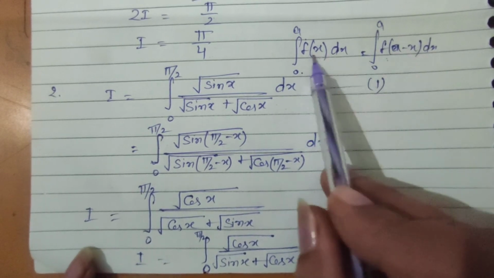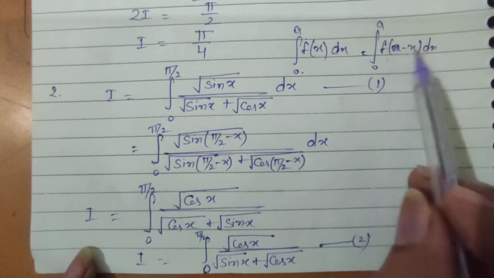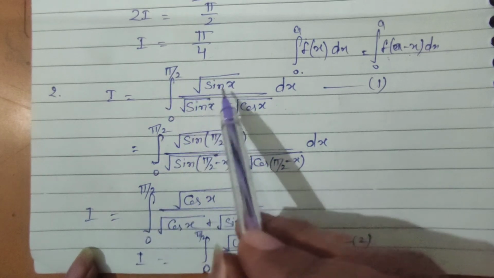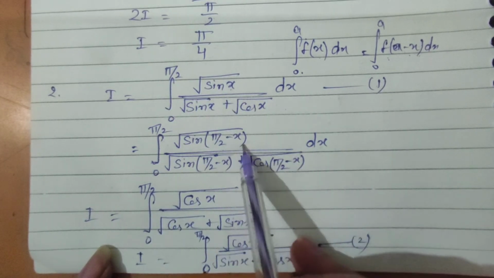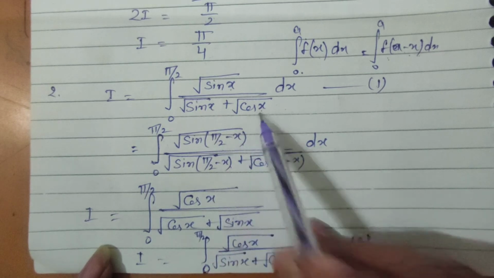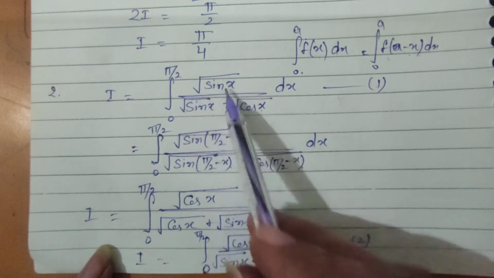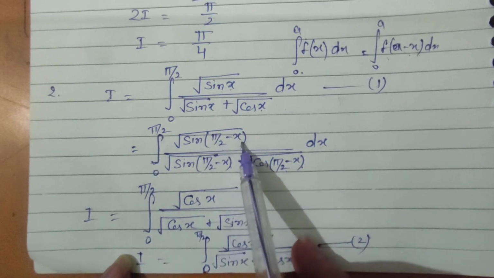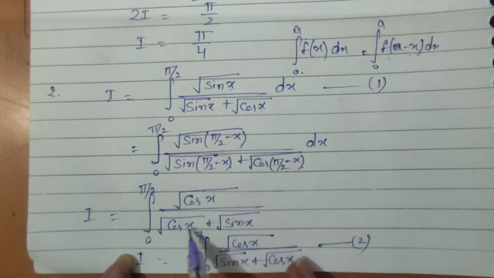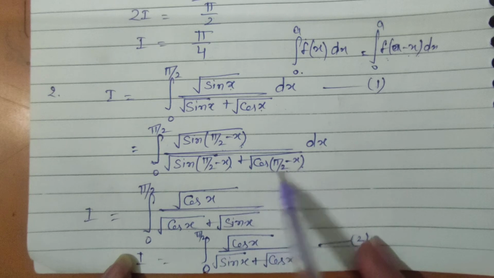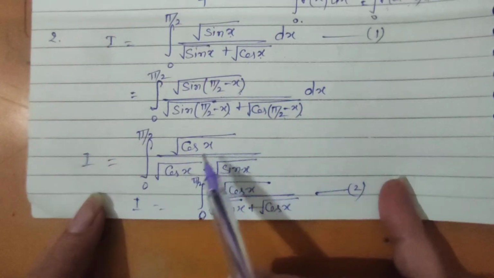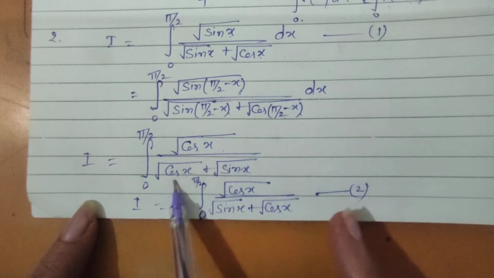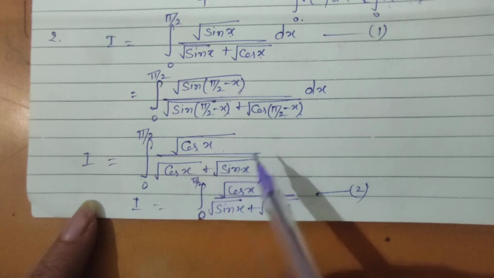Clear? So the integral from 0 to a of f(x) dx is equal to the integral of f of a minus x dx, limit 0 to a. So we can replace x by a minus x. So here a is pi by 2. So we can write here sin of pi by 2 minus x, here also sin of pi by 2 minus x, cos of pi by 2 minus x. Wherever x is coming, we will put pi by 2 minus x. And this will be sin of pi by 2 minus x is cos x. It is also sin x, because cos of 90 minus theta is sin theta. So it is 0 to pi by 2, root cos x plus root sin x, which we can write as root sin x plus root cos x. a plus b can be written as b plus a.